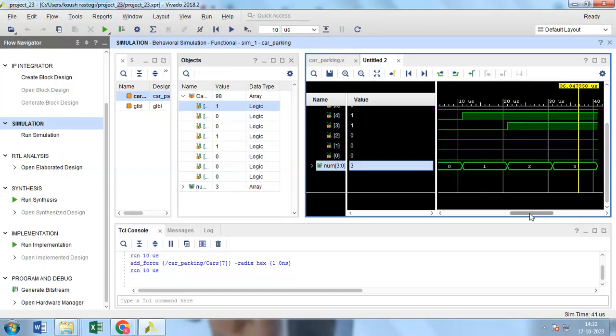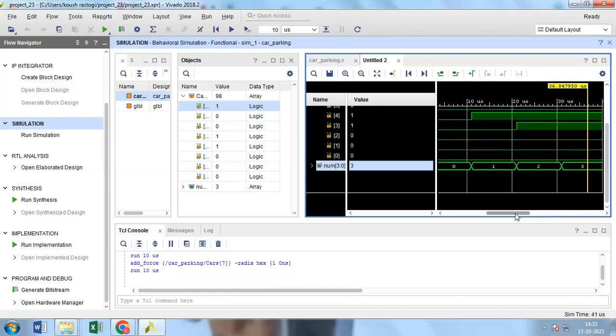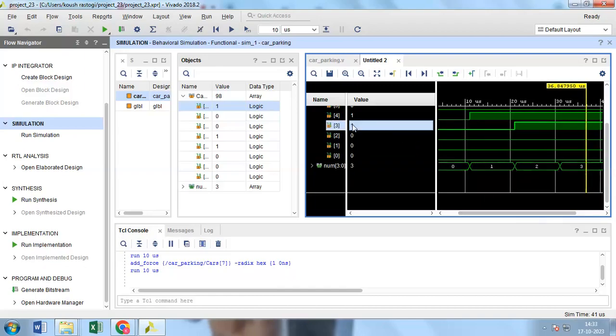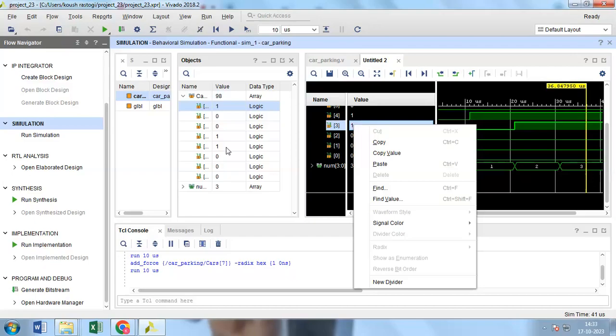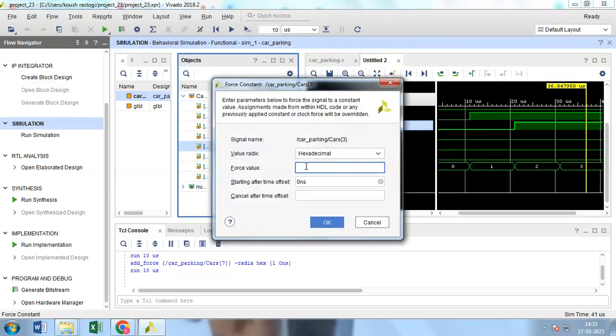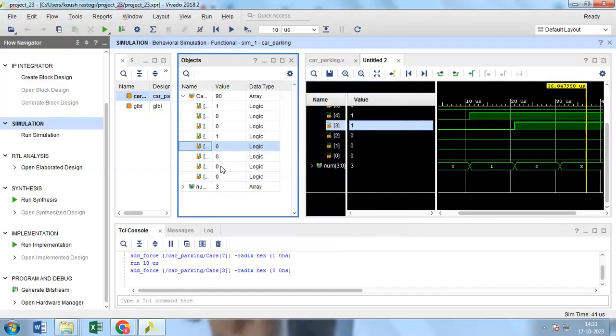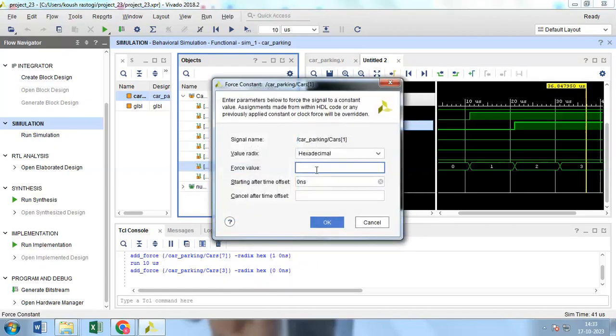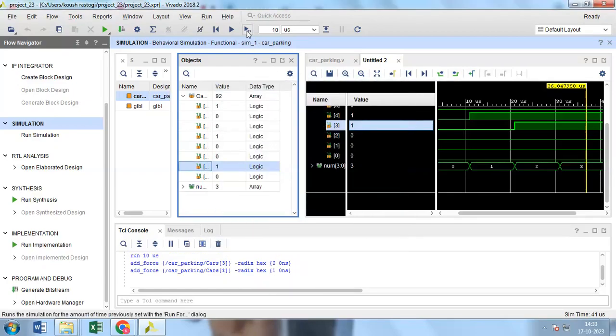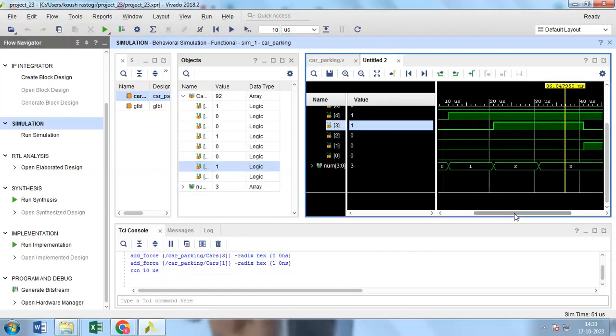So if we remove a car from any slot, so let me remove the car from this third slot. So we will force the constant to 0. So it means no car is parked here. So and we are parking the car in some other spot.